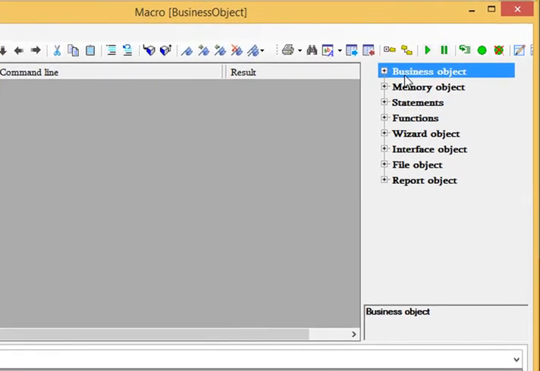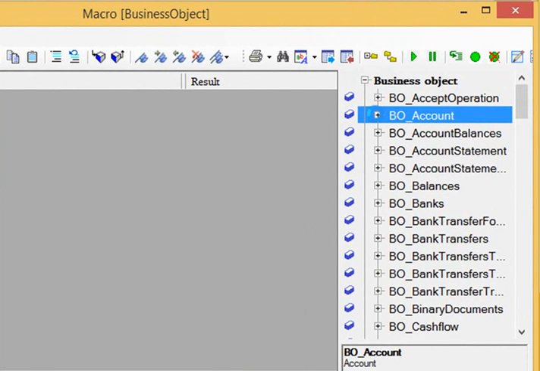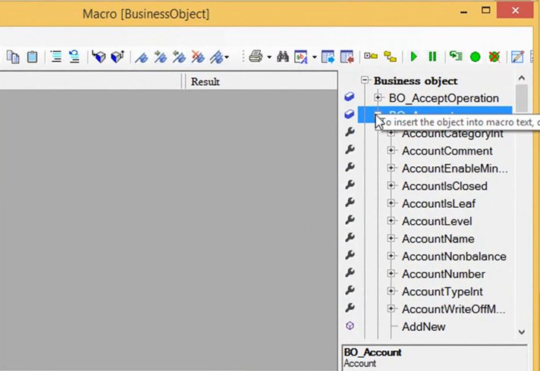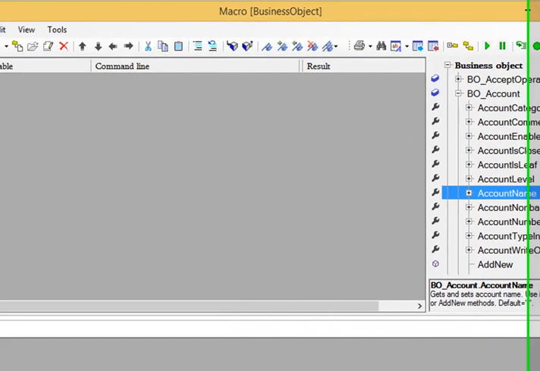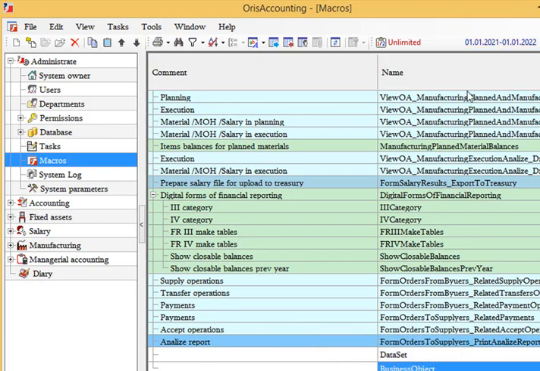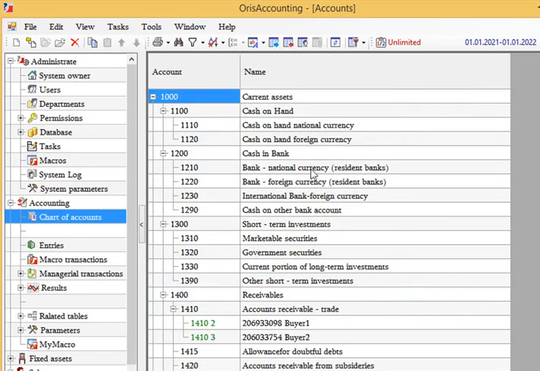Let's look at how we can use business objects in order to correct information in the database. So let's select, for example, the account business object, and let's look at how we can change, for example, the account name. So first let's move to the menu, accounting, and chart of accounts, and let's try to change, for example, the name of the account 1110 by using a business